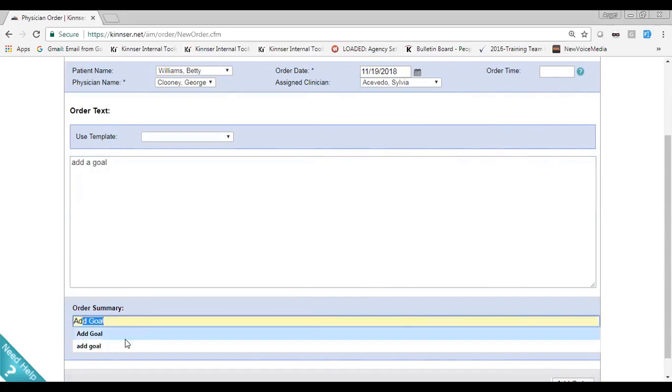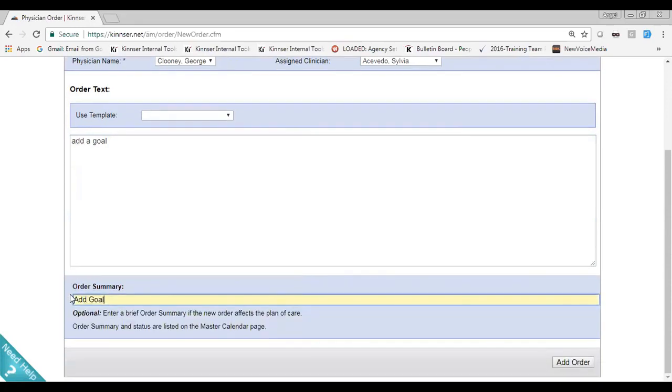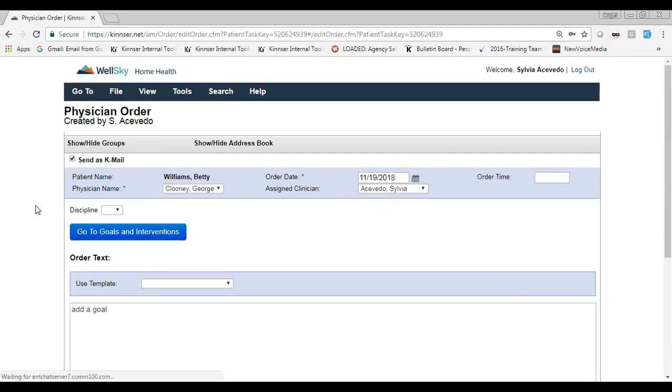I'm going to go ahead and enter add goal, since we're going to be adding a goal, and simply add our order. Once we do select add order, this is going to open up for us here. First thing we must do here is select our discipline. Since we are skilled nurses, I want to make sure that we do select skilled nurse, and then select Go